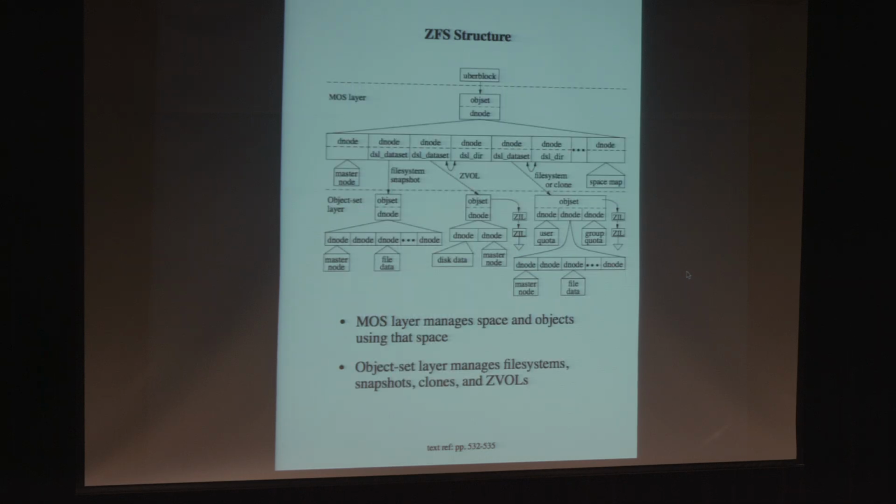So let's take a look at that picture again now, but in a bit more detail. You can see the object set there at the meta object set layer, which is often referred to as the MOS layer. So when you hear people talking about MOS, they're not talking about stuff that grows on rocks. They're talking about this top layer here. Many of these things end up having one or more dnodes associated with them. A dnode is sort of like an inode on steroids, so it keeps track of, among other things, the indirect blocks that are describing the thing that this is describing.